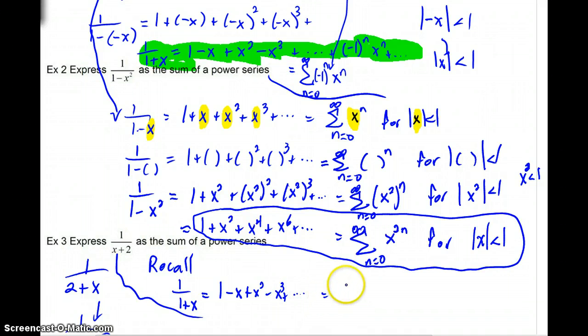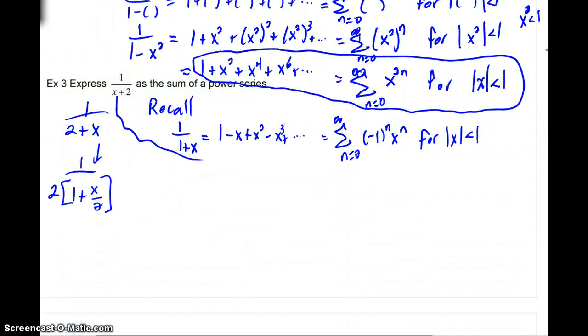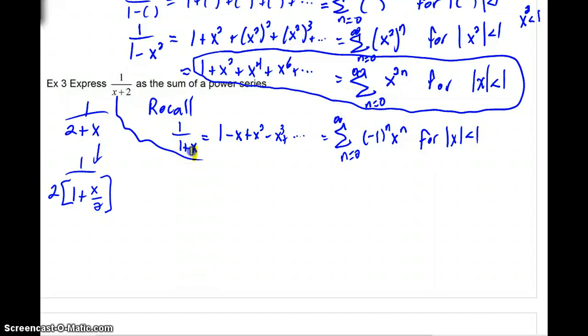And in regards to sigma, we could say this is the sum from n equals 0 to infinity of (-1)^n x^n, and this would be converging for the absolute value of x less than 1. So sometimes kids look at this and they'll say, well, how should I use this? Well, again, take a look at this series that I've just deliberately recopied, and everywhere where we see an x,